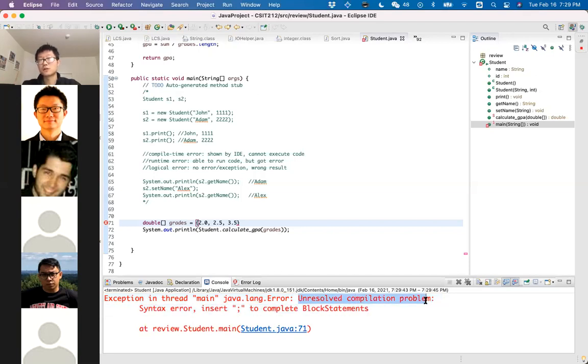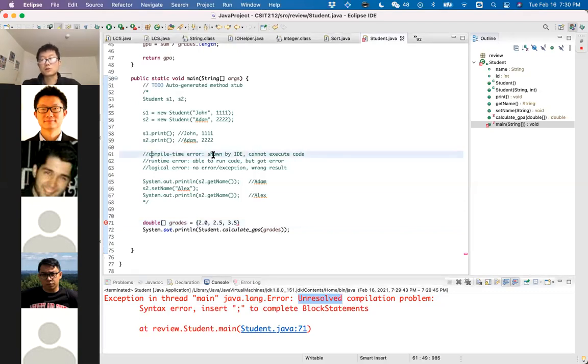If we translate this into human language, it's like your code includes some grammar error and I cannot even understand it, so I cannot execute it. So your code is not going to be executable if it has a compile time error. But this type of error is very easy to fix, because your IDE already specifies it for you.